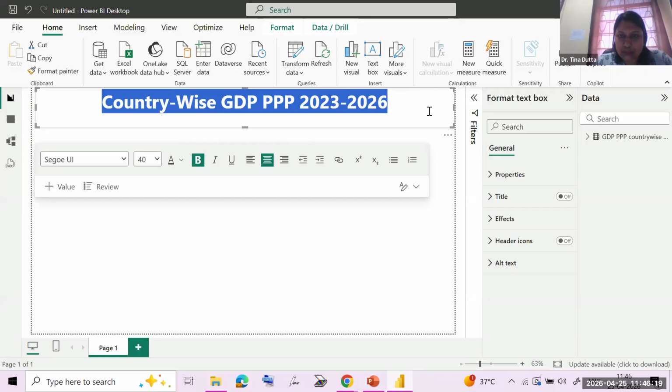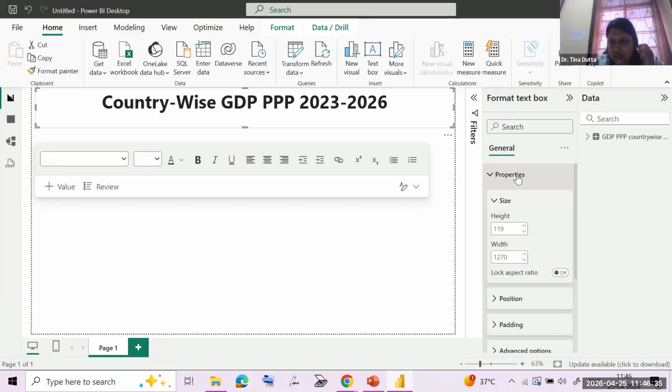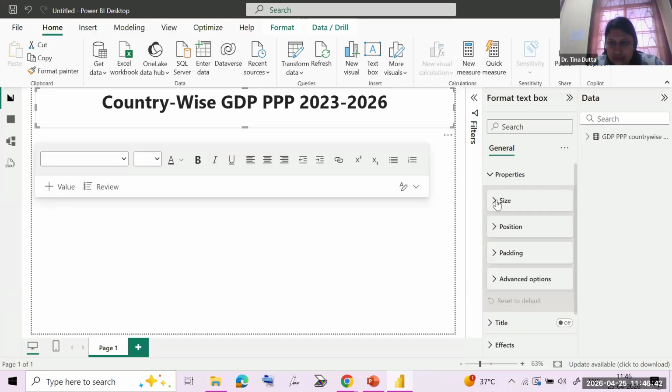So you keep this box selected, and then you go to this. On the right hand side you can see Format text box. In this Format text box, under this General category, we have some drop downs. So here I have properties, positioning like height and width, size, position. I don't want this. Padding here also you can make it thicker. Then